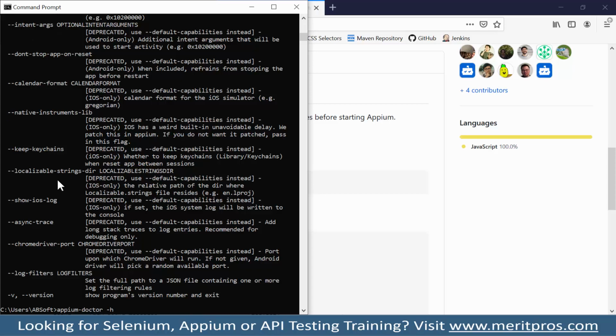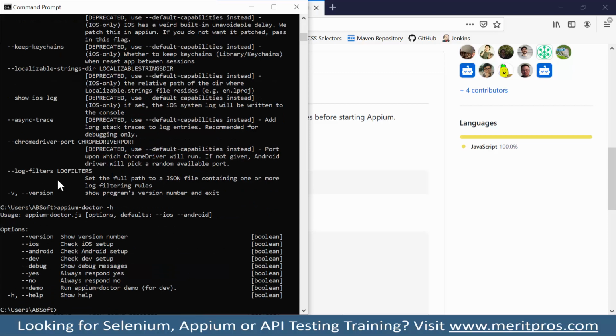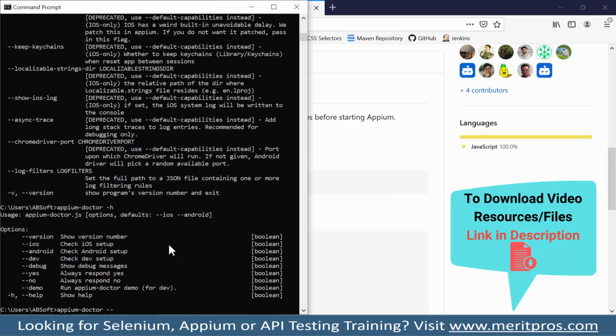So let me go to Appium Doctor. Then if you want to check the Android setup, so soon we are going to start with Android SDK installation, then an Android test case. We are going to write our first Appium test case soon. So for that, let's use this Android flag and check whether all the Appium automation setup is done or not for Android. So I can say appium-doctor --android. You need to type these spellings very carefully, so remember that. So let me hit enter.